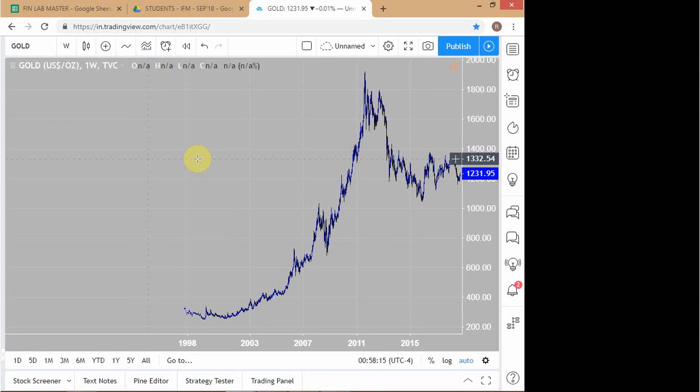But after this 1971 period, when Nixon broke the gold standard, the regime of the gold standard, Nixon took the US off the gold standard by saying basically that I don't like this, so we are going to go off the system. So now you see the kind of volatility that you get in gold. Okay, you can see how much the price has moved. There's a tremendous rally in the price of gold, then there's a decline, now it's kind of consolidating. So this is the kind of volatility that you have in